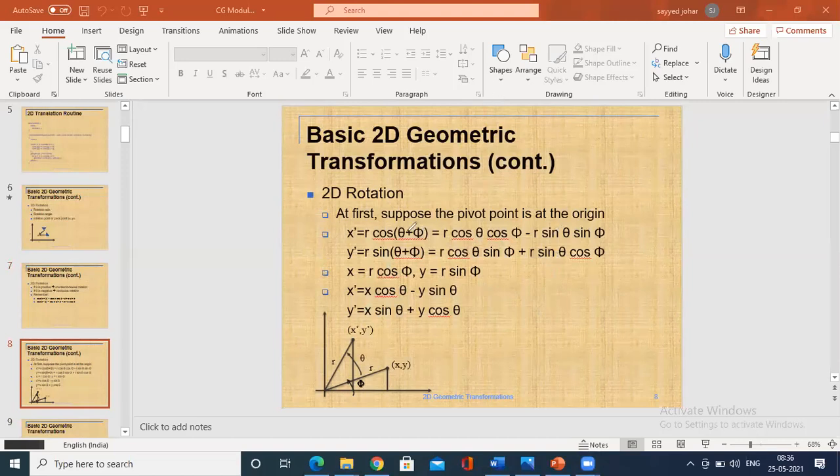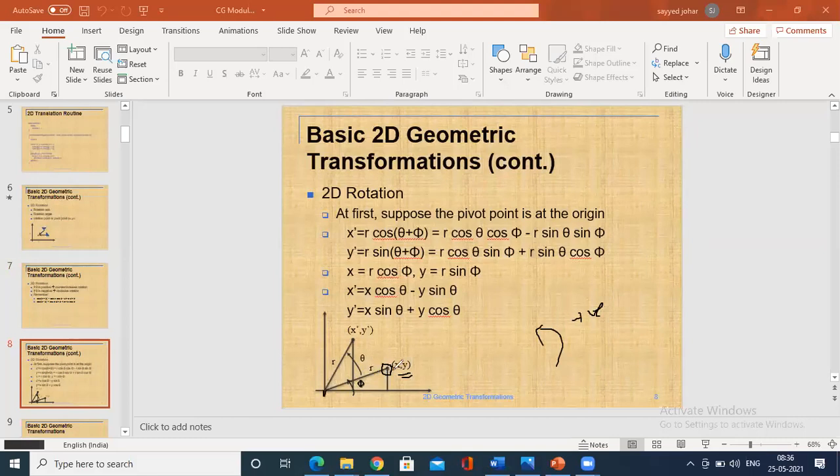First, imagine this is a point at x, y, and it is being rotated anti-clockwise, that is, in the positive direction. I would first identify the angle of this pivot element from the origin.